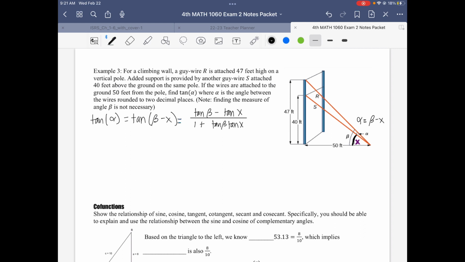Well, could we find the tangent of beta? Well, that's this triangle. It would be opposite over adjacent. That's this big triangle, so that's 47 over 50. So sure, of course we can find